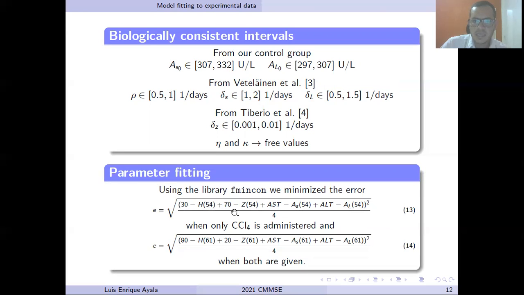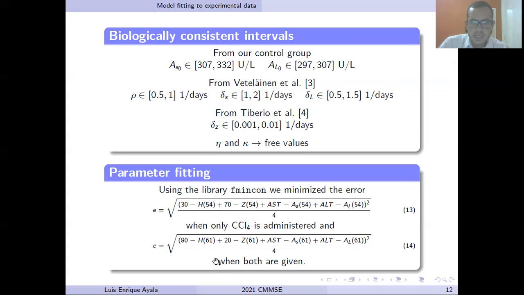And the same with the damaged hepatocytes. These two terms are the AST levels measured by the biologists, I showed you in the previous table, and this is the model. And when both are given, that is, the extract and the carbon tetrachloride,